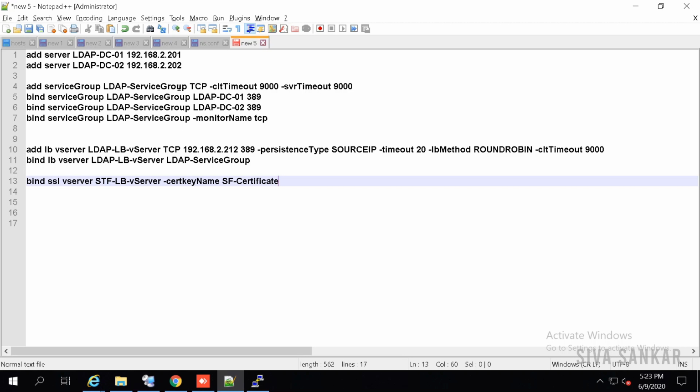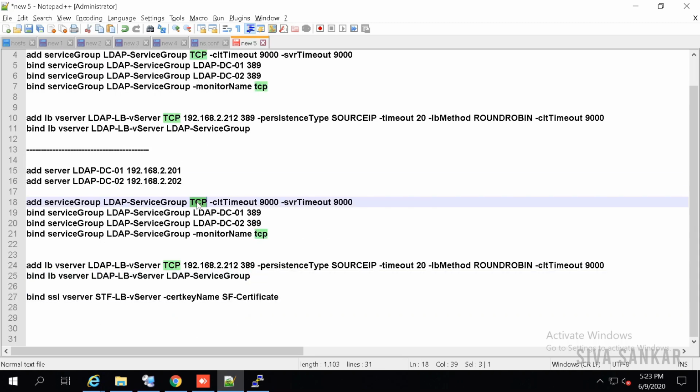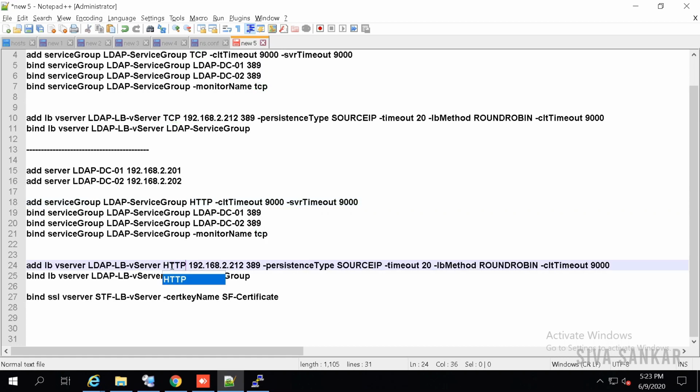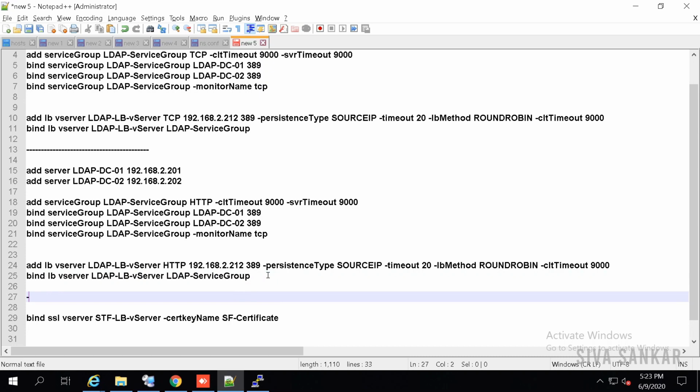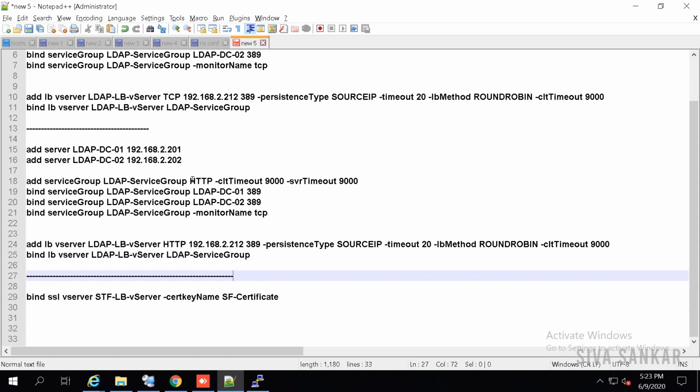Now let's say you want to master it, right? Very simple. This is the command for binding. Now this is the type for TCP. Now copy this, and let's say you are creating another one for HTTP. Instead of TCP, put HTTP here. So what happens now? This is the template. You are creating a template for your own. So this is the template for creating a TCP load balancing virtual server. This is the template for creating an HTTP load balancing server.